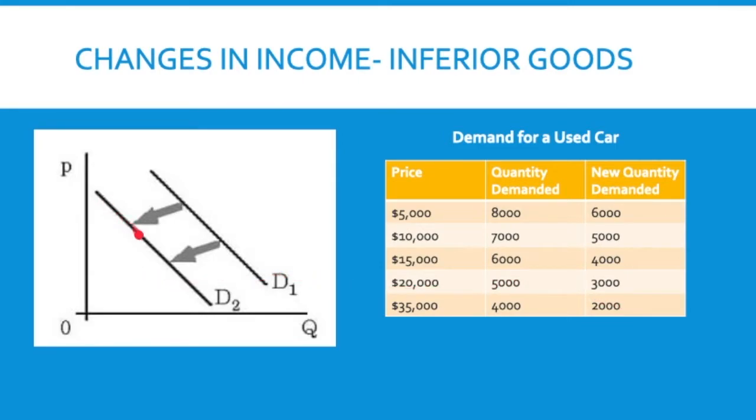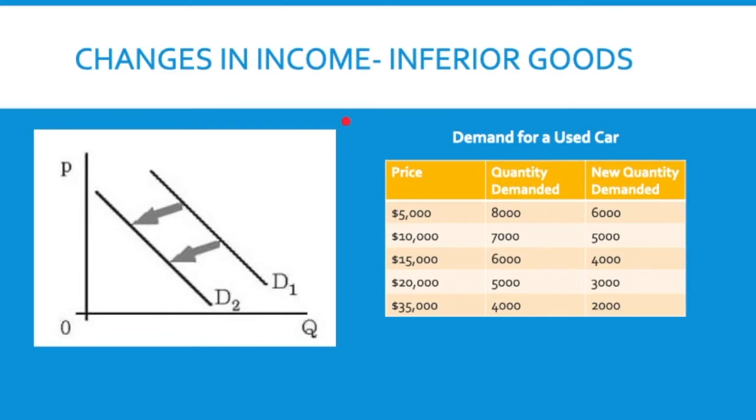So we have our original demand curve, D1, here. At $5,000, 8,000 people would buy a used car, but now only 6,000 would buy used cars. So you might say, why is that? If the price is low, why would it go down? Because if people's income increased, then people who were previously buying used cars might now look for a new car because their income has gone up. So a change in income usually causes an increase in demand for normal goods, but a decrease in demand for inferior goods. I think about this with things like when times are good and I have more money than usual,